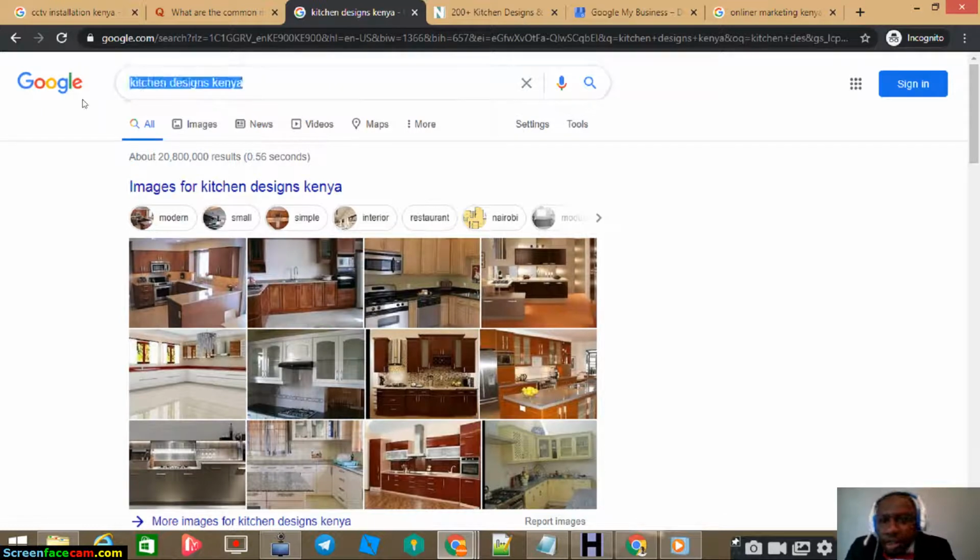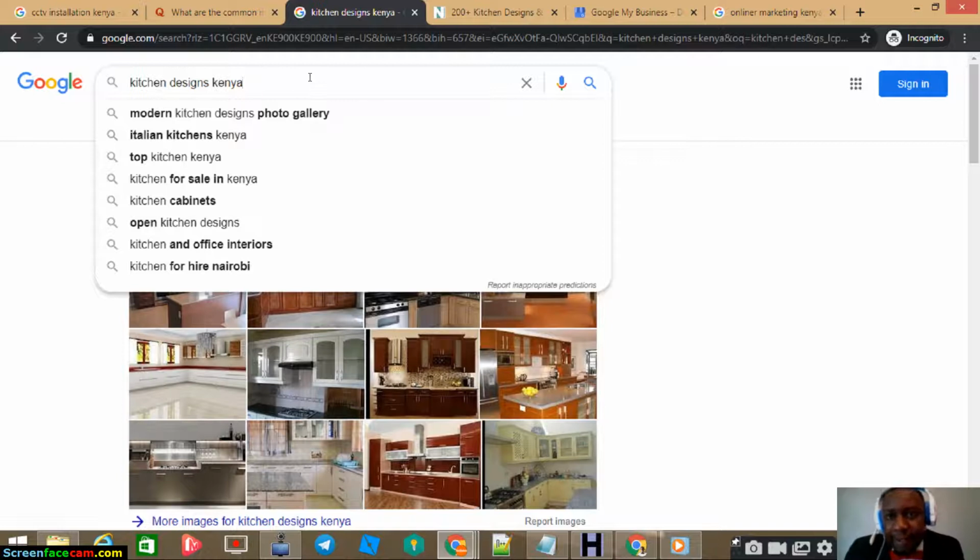This one is another example here. I typed kitchen designs in Kenya. You can get other ideas. If I click that, there are other ideas that people are looking for in the same area. Now you can see here the first result is modern kitchen designs photo gallery. That tells you something. If you're dealing in the design industry,